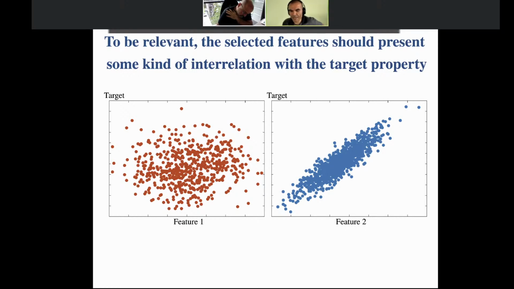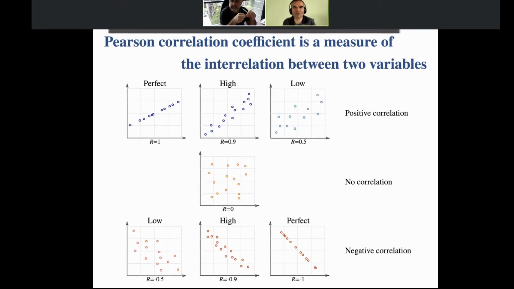One way to measure how the target and the features are interrelated is the so-called Pearson's correlation coefficient, which measures this interrelation. So for instance, you see here a bunch of graphs where you have a perfect positive correlation at the upper left, okay?